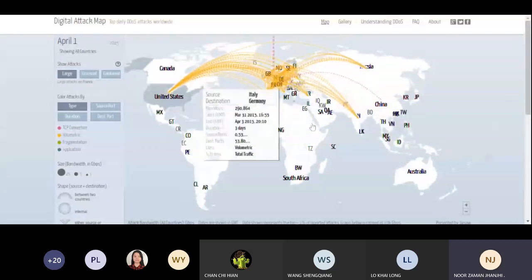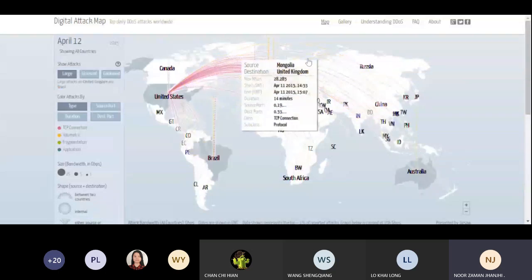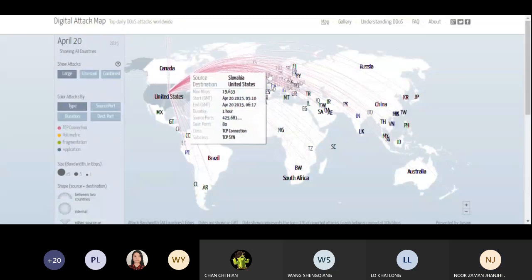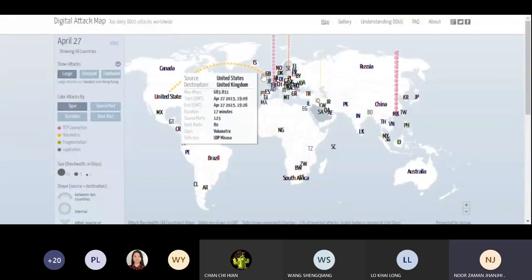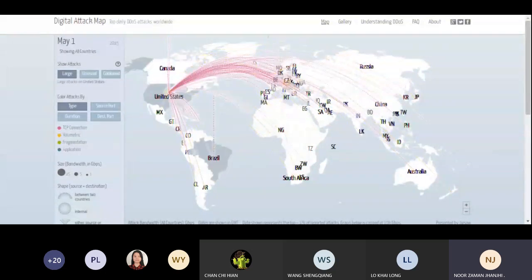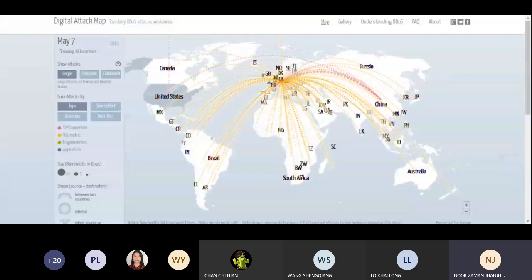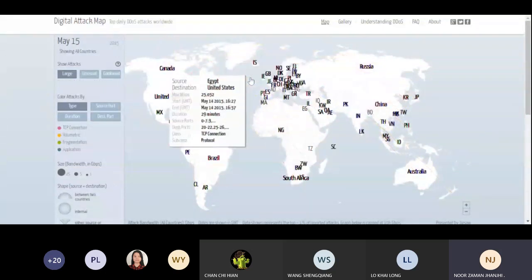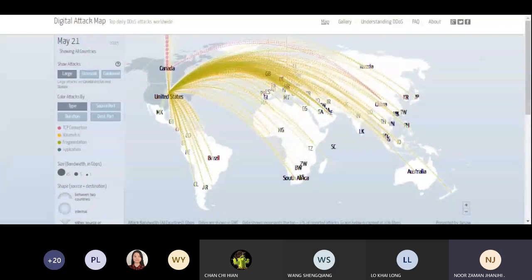So in the graph color, you can see that this is showing you the real attacks. And if you put the mouse pointer on it, it can show you other details, including this is Malaysia, Romania, and where the attacks are happening. This is the United States. You might not think that this is actually on the map, because the United States is here. But while we are putting the mouse on it, it is trying to take the stream of the attack, where it is, where it happened from, and other details.